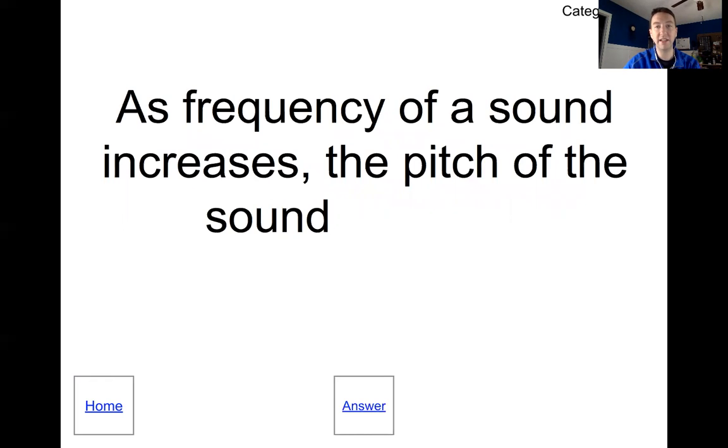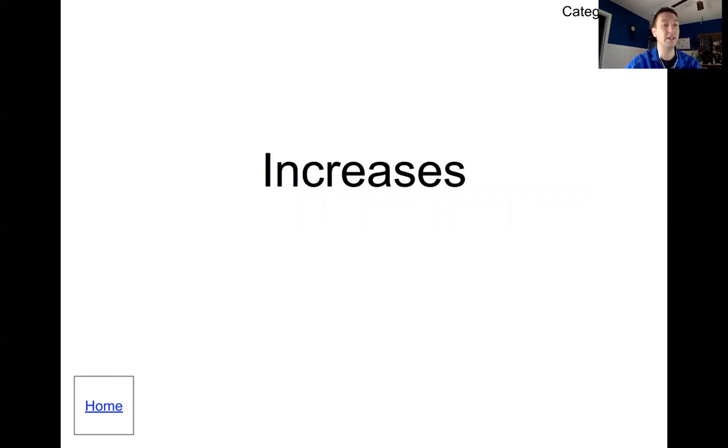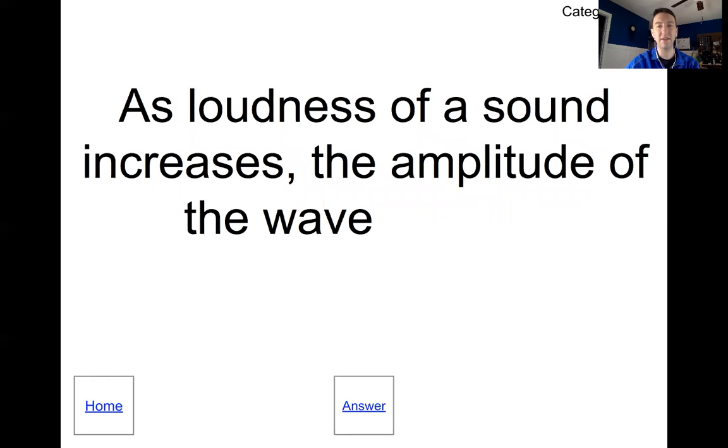As frequency of a sound increases, the pitch of the sound goes up. We saw that on our guitar. We changed the frequency, we changed the pitch. They are directly related. As loudness of a sound increases, the amplitude of the wave